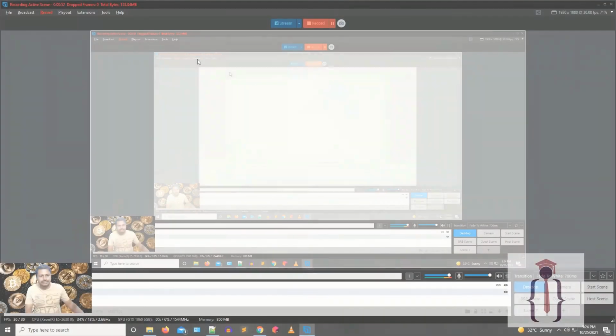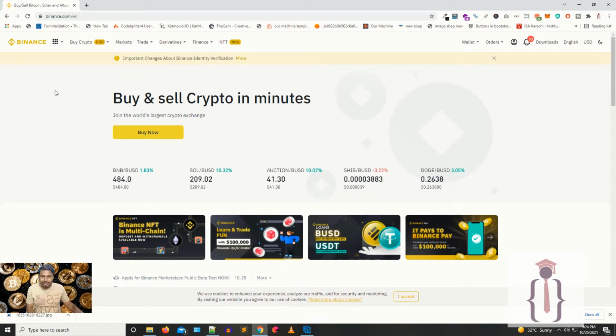Let's suppose you have a Tether or USDT. Those are the same things. Let's suppose you have Tether and you want to convert your Tether to Dogecoin. So how can you do that? You have many options to convert one cryptocurrency to another. Okay, fine. So now I'm going to share my desktop so you guys can easily understand. Before doing this, you have to create your Binance account and verify that account.